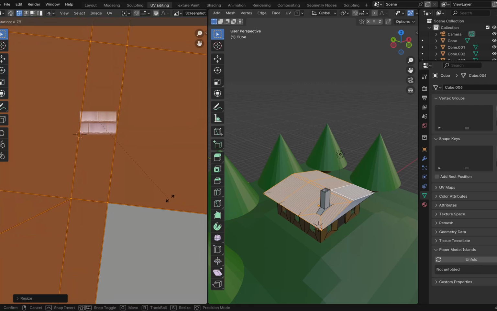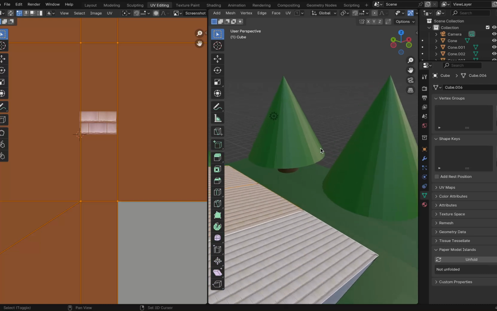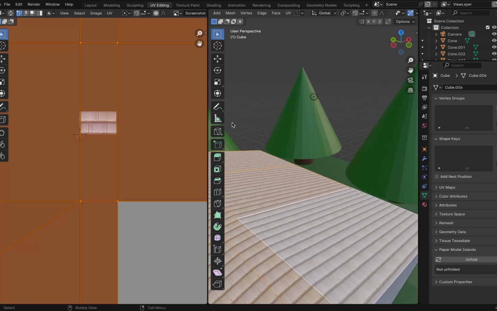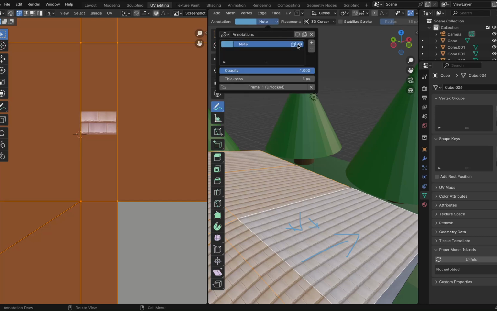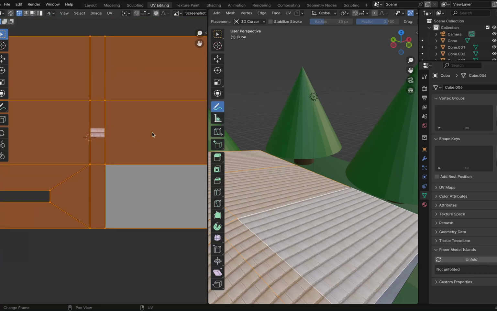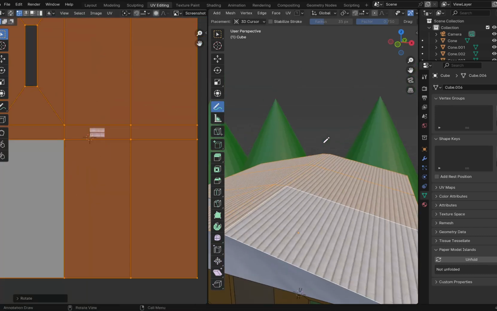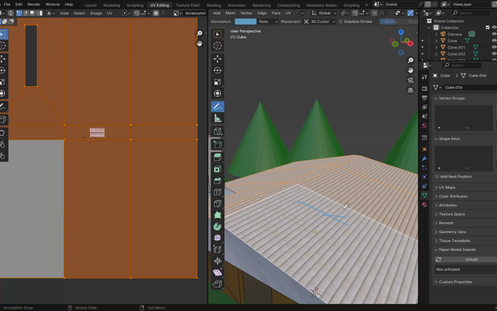And then in my case, this might happen to you as well, you'll see that the roof tiles are all pointing downwards, like this. Roof tile should actually be pointing in that direction. So you can in your UV editing window, press R and then 90. And that rotated the roof tiles, so now they're pointing in the right direction.